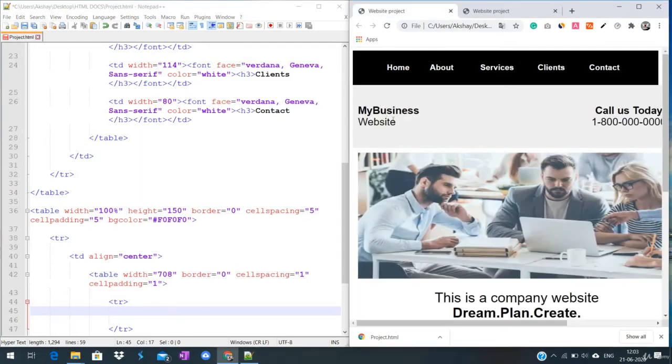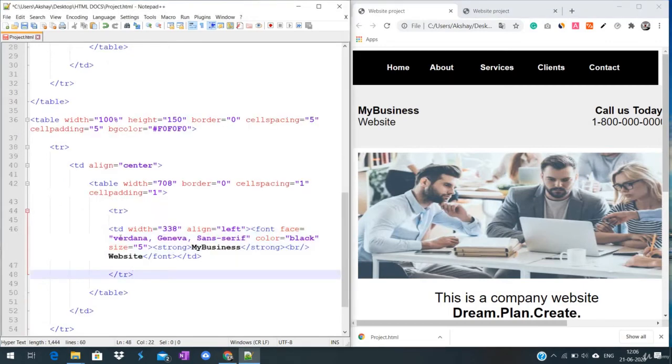One column contains my business website, and the second will contain the call us today and the phone number. So this is the syntax for the first column. The column has a width of 338 pixels, alignment is left.